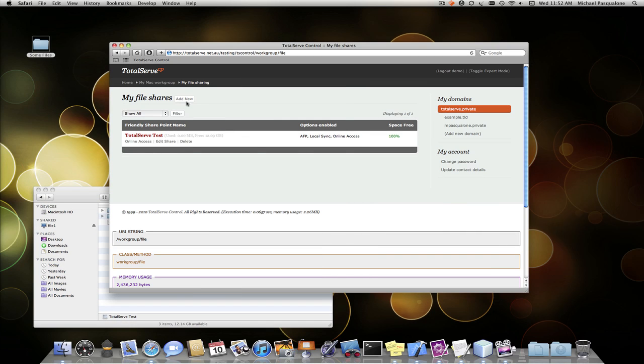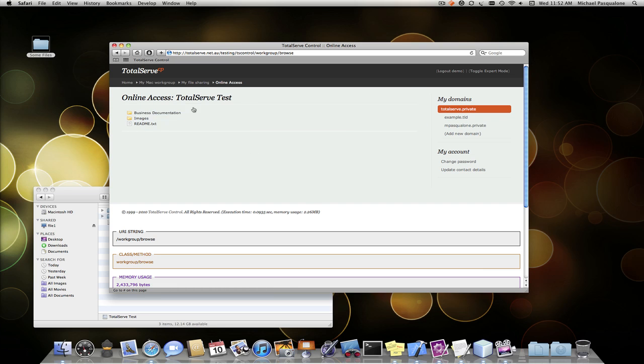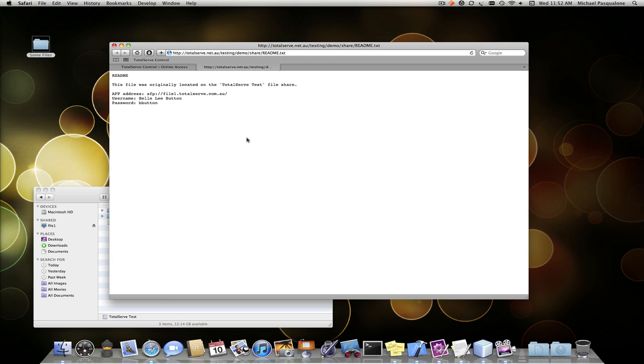So if we go back to TotalServe control again, you'll notice that there's a button here that says online access. So if any users are on the road or sitting in a cafe or something with internet access, if they click on online access, you'll see that they now have access to that file share. So if we go into, say, README, for example,